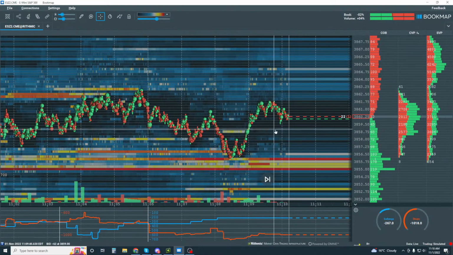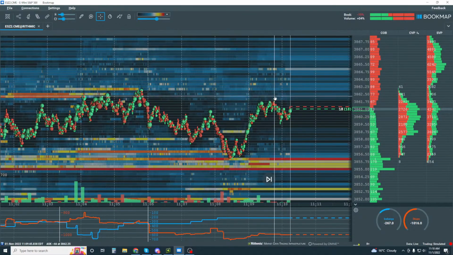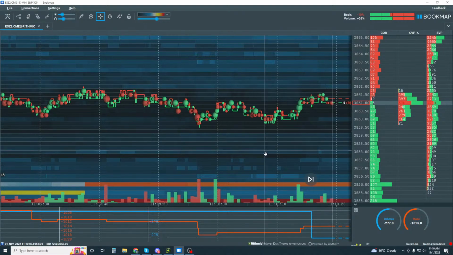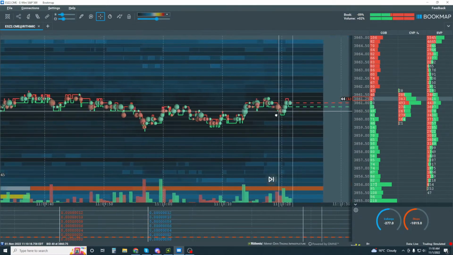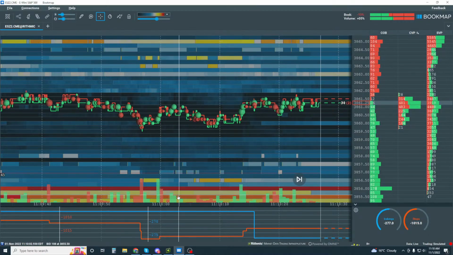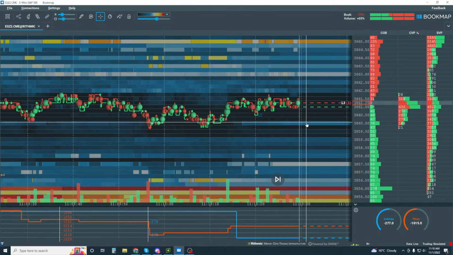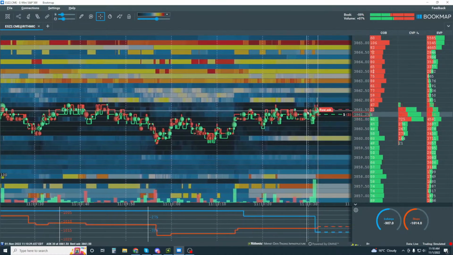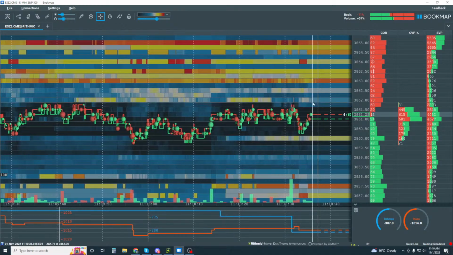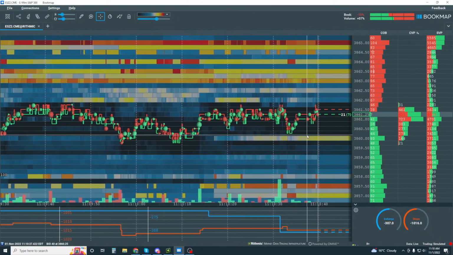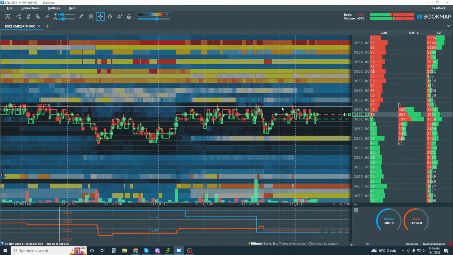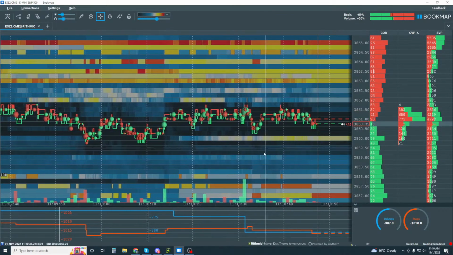All right, you'll see other algorithmic activity in here, like an ignition algo. We may see one right here. Let's see if we get one in here that starts down here and then tries to ignite stops up into these areas, 63 to 65. They're on the bid here at 60. Do we get enough buyers here? Yeah, they're pulling a little bit up here. Now they're adding in, pulling again. Let's see, do we get enough buyers then? Right up here, 61.5, and we look for them to trade up into these levels here.